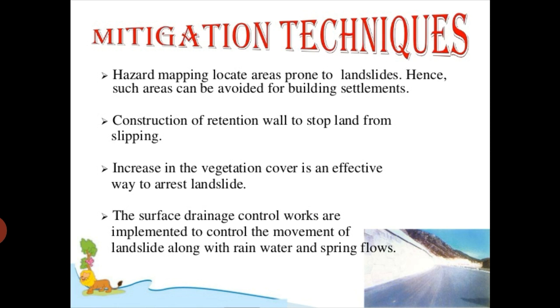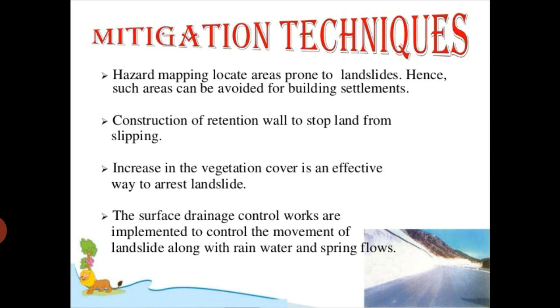The very first one is increasing the vegetation cover. It helps in binding the soil. The roots bind the soil. As a result, the flow or the rockfall will decrease. So basically, if we bind the soil with the roots, there will be a decrease in the rockfall. So it is one of the preventive measures for landslides. In order to prevent the rocks from falling, one thing we can do is bind the soil and the roots.